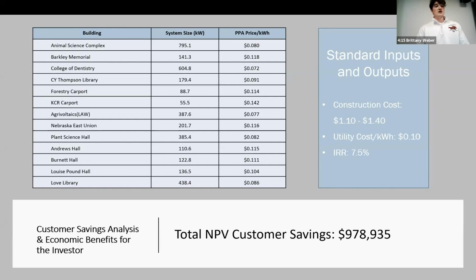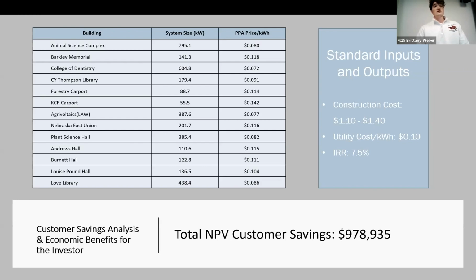Once the investor hits their target IRR of 7.5% and a reasonable return on investment, the partnership flip occurs and the rest of the revenue from the project goes to the project developer, company, or sponsor. 6 out of the 13 proposed systems that we plan on implementing on various buildings throughout East and City campuses have PPA prices that are below the utility price. This means that 6 of the buildings that we are proposing for this project have a positive NPV customer savings